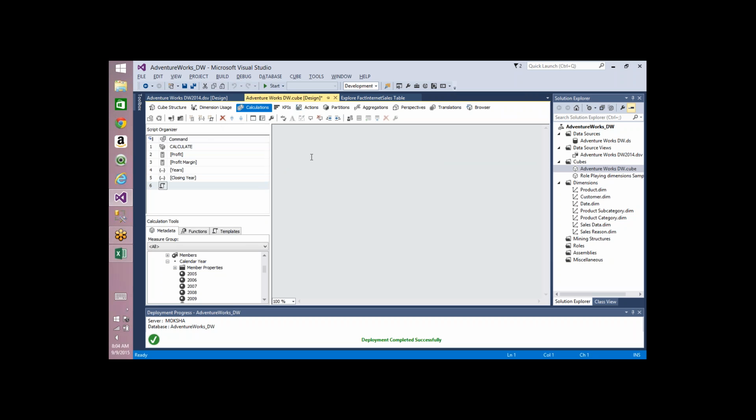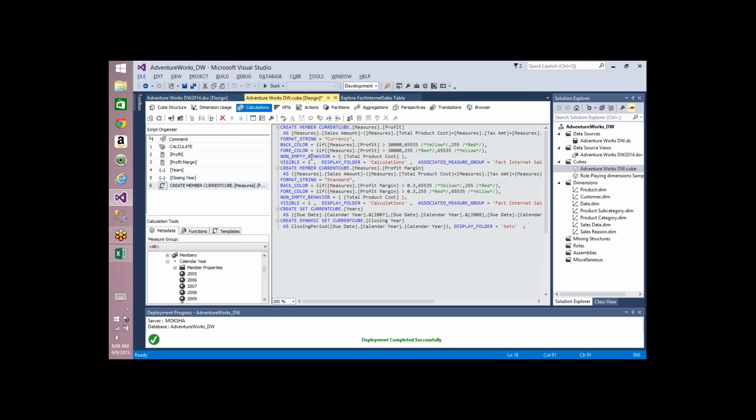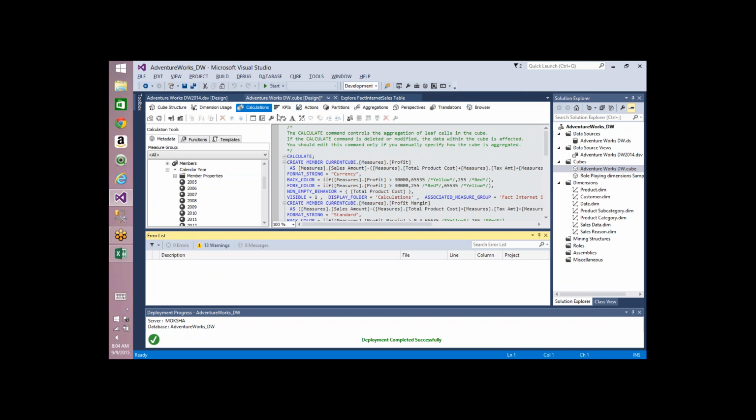The new script command is like, if you have a list of calculations and sets defined in a notepad or copied from a different place, you can take the script command here and you can add everything, but make sure you will give a different name, because all these names are already used by other calculations, right? Profit margin 1, profit 1, and for the set I'll give the name as years 1 and closing years 1. So if you see here now, let me go to the script view